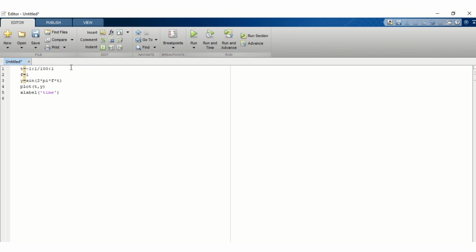And next we are labeling the y-axis, then type ylabel amplitude, and the title sine waveform.